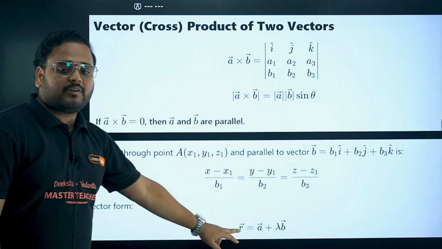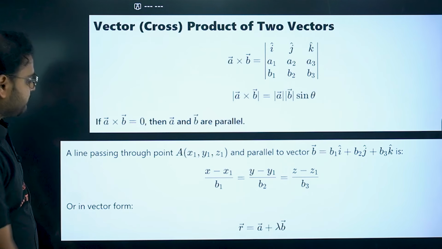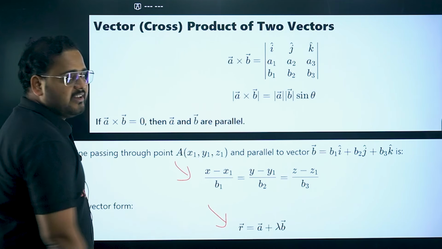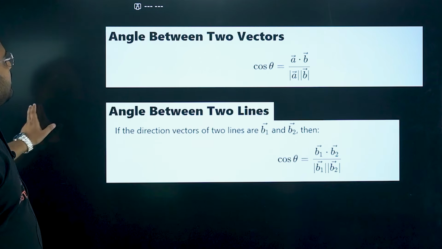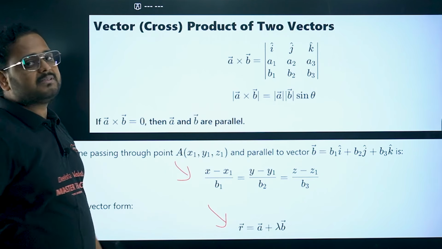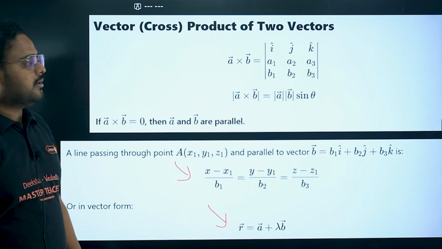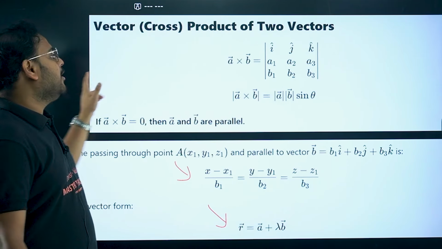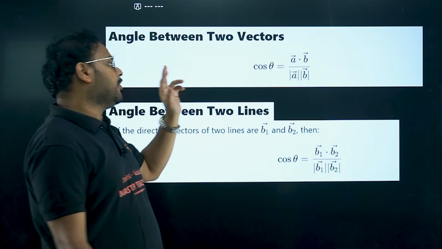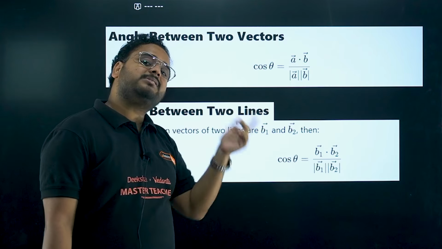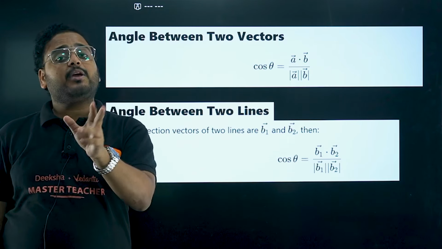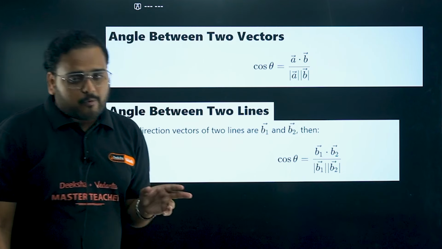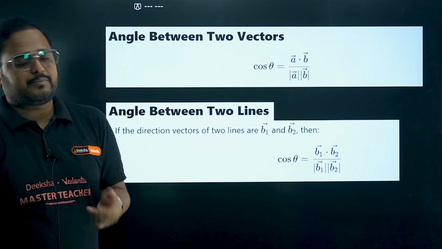This is the condition of collinear vectors. r equals a plus lambda b. This is the vector form of a line. This is the Cartesian form of a line, can be asked in 3D as well, but I've just mentioned it over here. Parallel means what happens? Your cos 0 is 1. For parallel vectors you're going to take the cross product. For perpendicular vectors you're going to take the dot product, because perpendicular means a dot b equals |a||b| cos 90. So cos 90 is 0. For perpendicular vectors take dot product, for parallel take cross product.